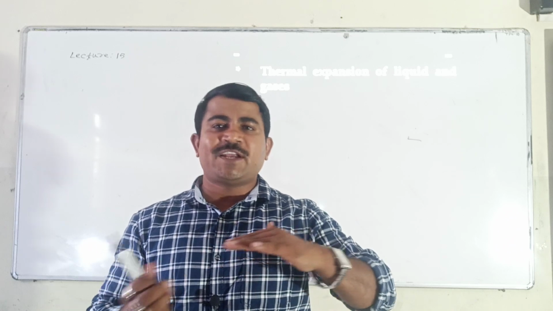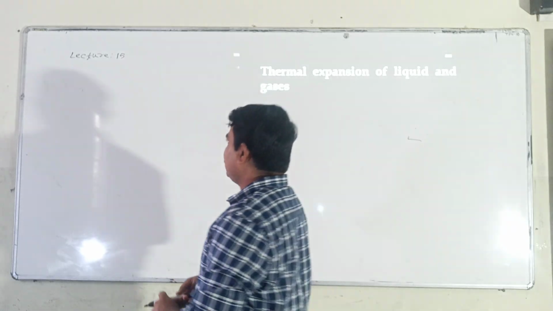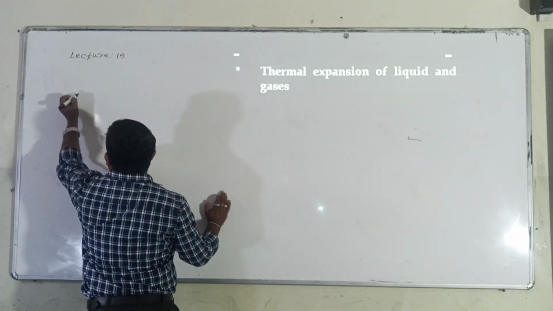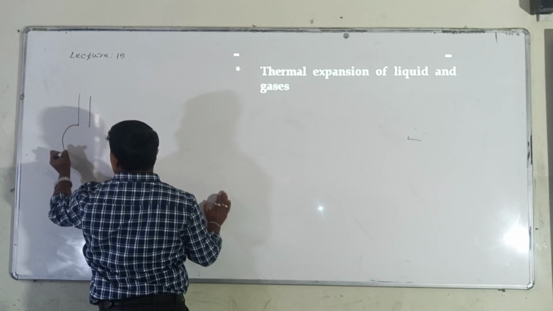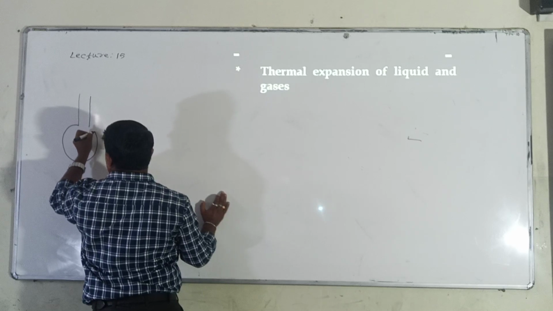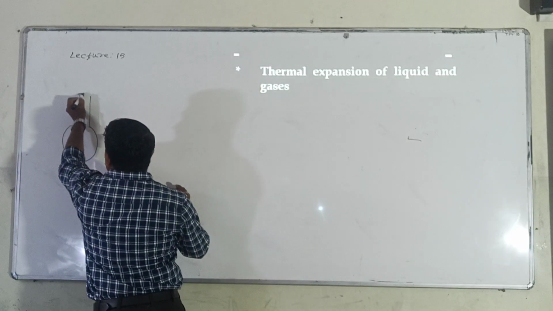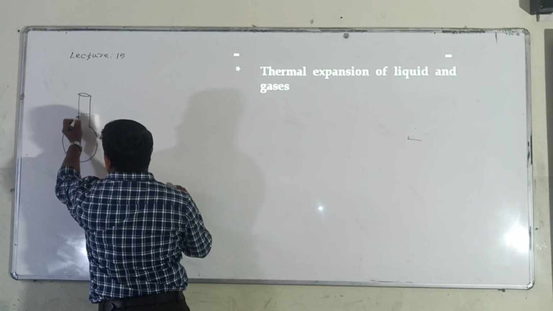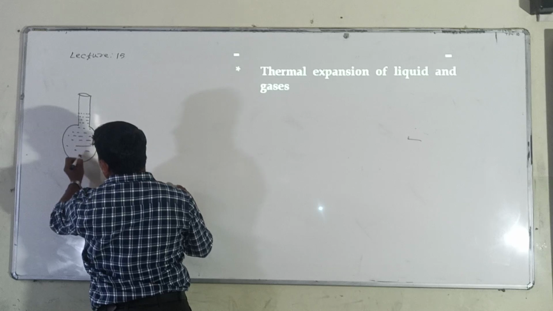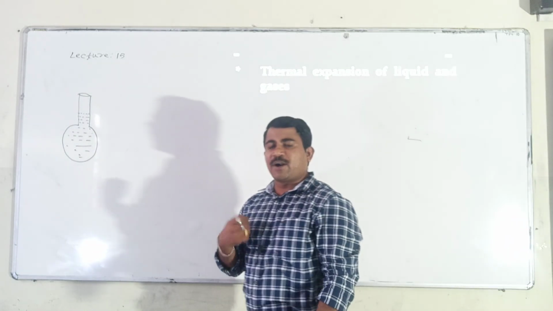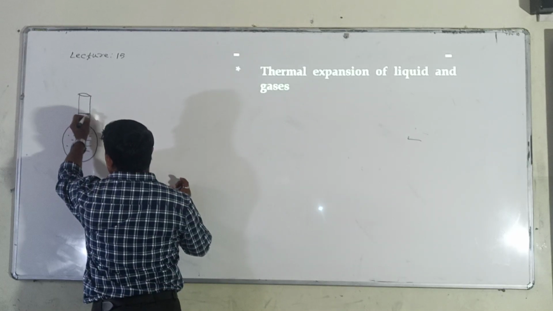See here, initially I will take a liquid to a certain level in a flask. Look at me. Initially I will take the liquid here in a given flask. This may be the flask. Let us consider a certain level of the liquid in this beaker. Consider this beaker made up of glass only. This is nothing but the level of the liquid, right? Initially the level of the liquid is this much.